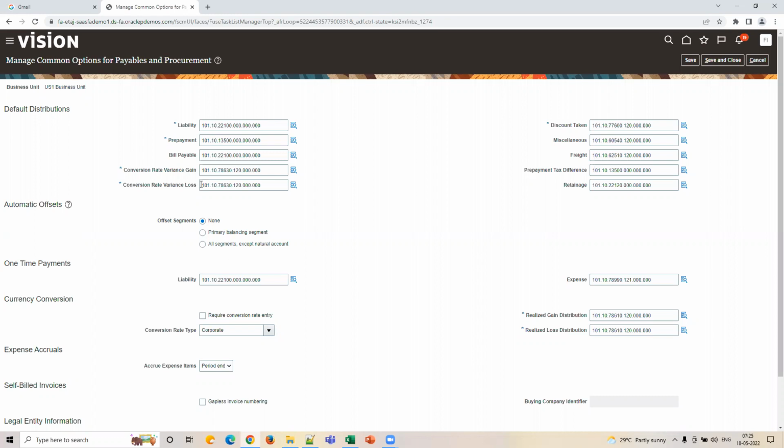This one, I'm saying about the primary balancing segment, will get offset. This one, all segments other than the natural account will get offset. Okay, that is what it is saying. See, whenever I put this on debit and this on credit, where there is no 120, it will automatically put 120 in the accounting. So that is not recommended. So always we will keep this automatic offset to the none option. Okay. Then